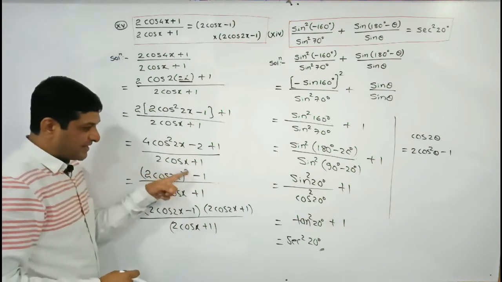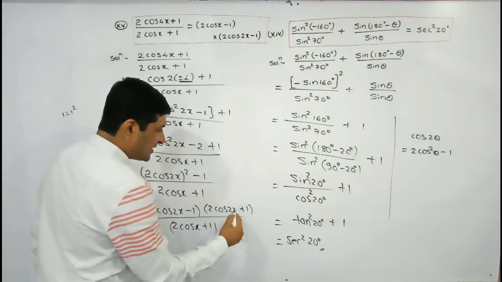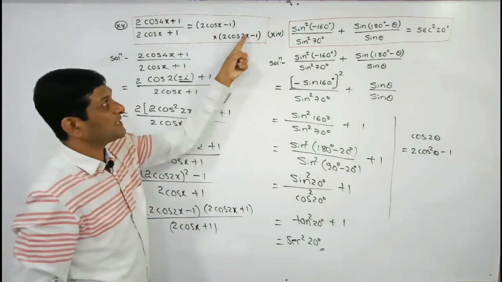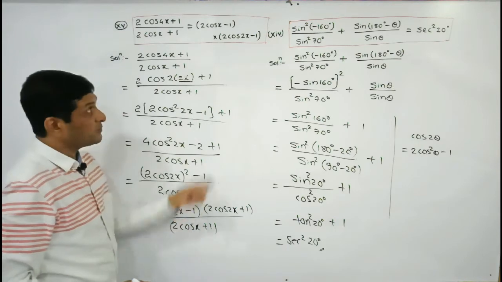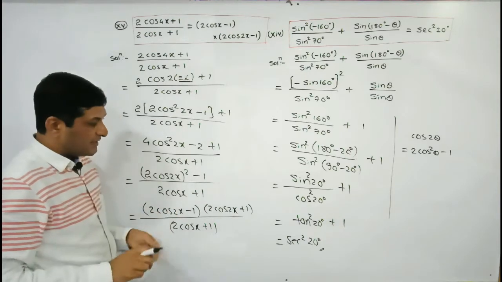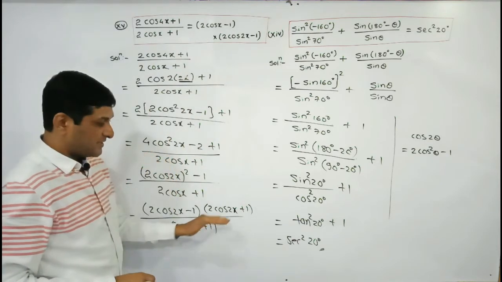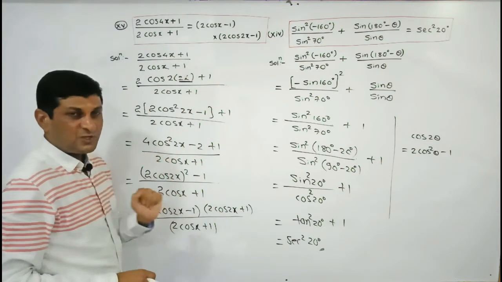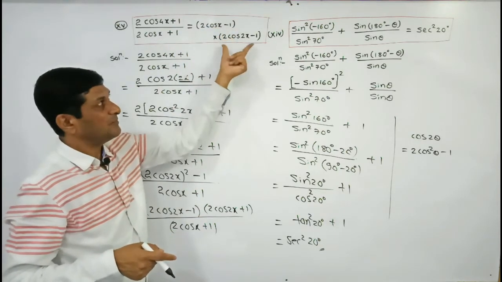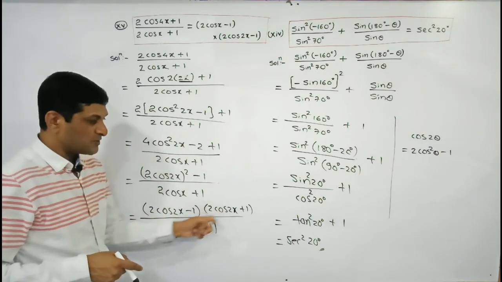Again observe, a square minus b square can be written as (a minus b) into (a plus b). So if you observe our required result, check whether it is our first required term, 2 cos 2x minus 1. Yes, 2 cos 2x minus 1 is one of the required terms in our result, which we have got here. Now we have to simplify the remaining part to get 2 cos x minus 1. So let us simplify these two terms, means find the division of two terms in such a way that we will get our first factor 2 cos x minus 1, because we have already got 2 cos 2x minus 1 here. Now the remaining part is just to simplify these two terms.